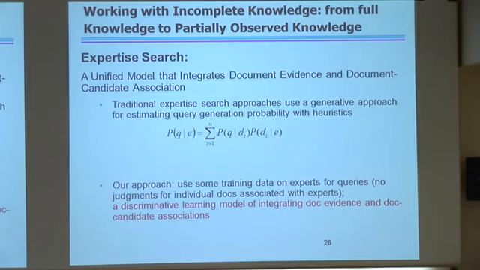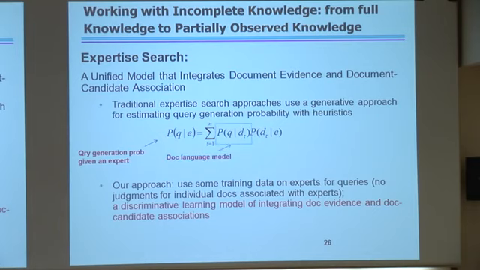So we are going to see this unified model. Before that, I would like to point out the previous state of the art of expertise search in the information retrieval community. This is done by utilizing a generative probabilistic model approach. Again, this is similar to the language modeling approach for web search. Instead of modeling the generation probability of a query given a web page, it models the generation probability of a query given an expert. And what this formula shows is it looks at all of the documents in the corpus,